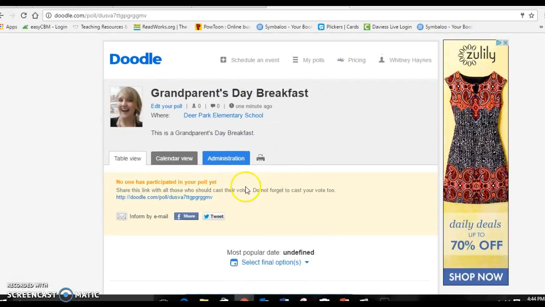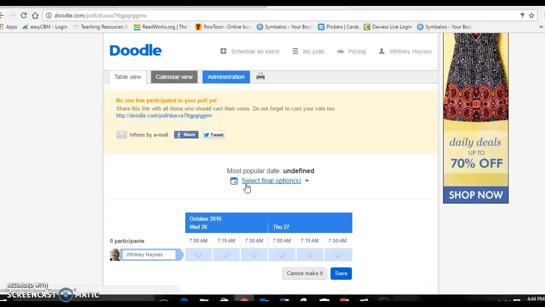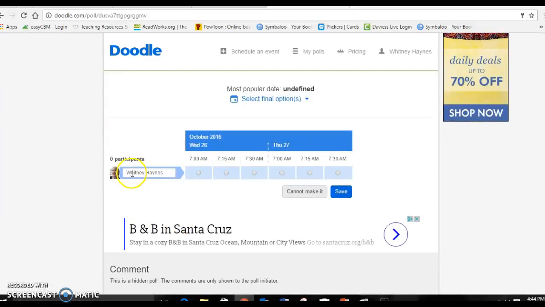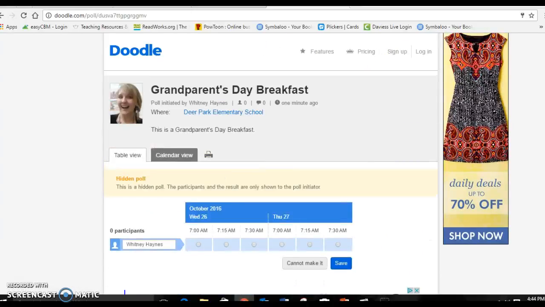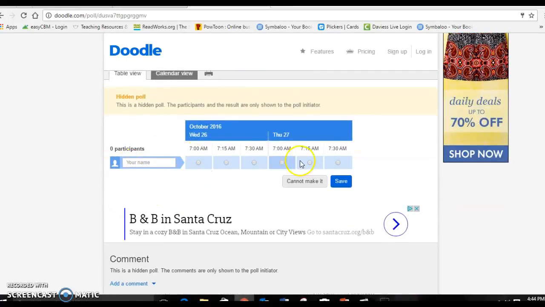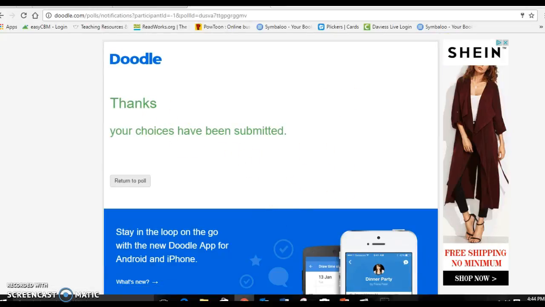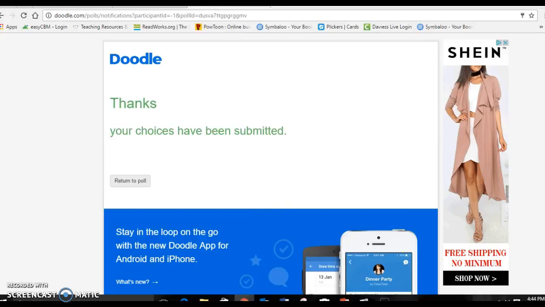Okay, so this is me, and this is what it's going to look like from the administration standpoint. I'm going to be able to see my participants and what time and date they chose. Now, if I were to log out, I'm going to log out of both of these. And I simply paste and go. This is what it's going to look like on the actual recipient end. They would type in their name, select the time, and click Save. Okay, now I'm going to get an email here shortly saying that I have participated in my